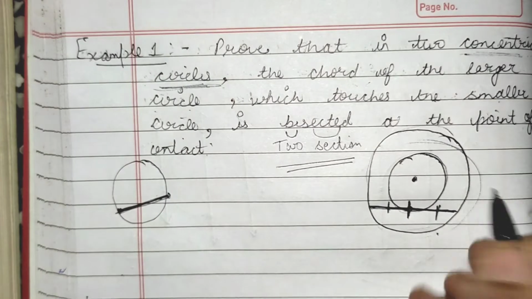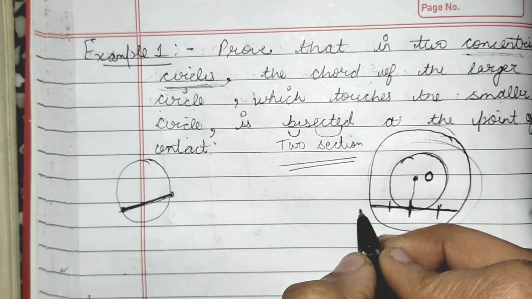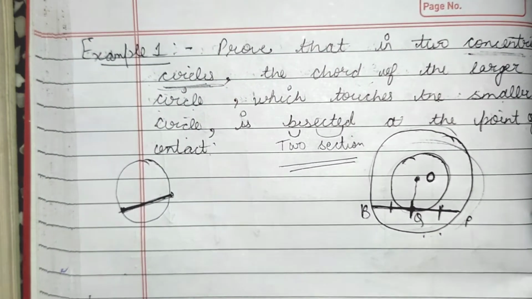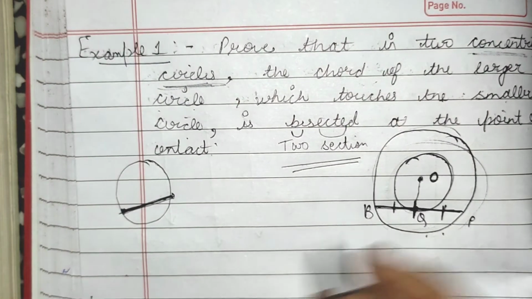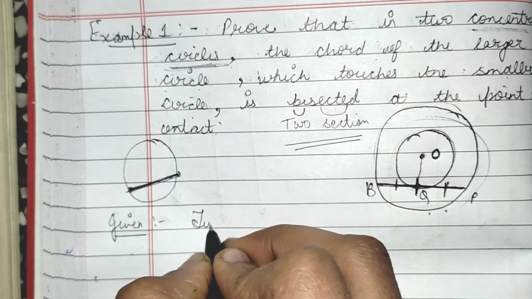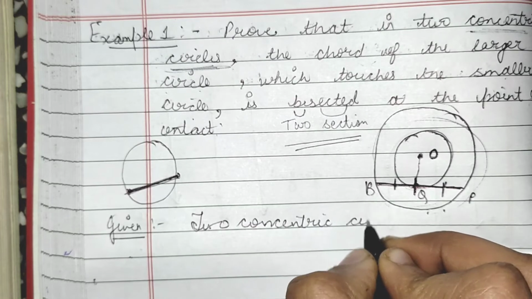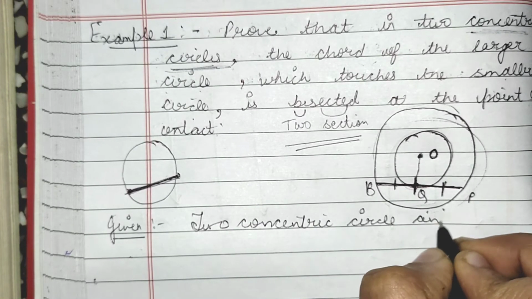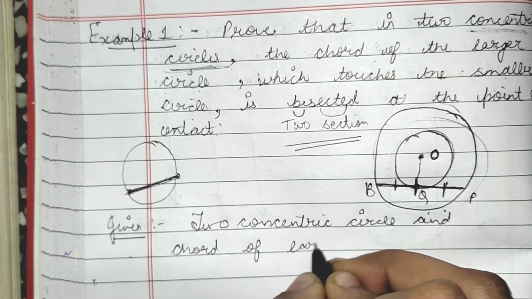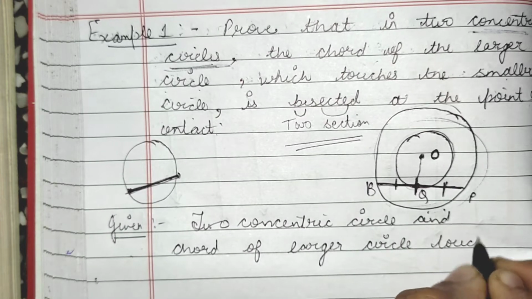Okay, so let us suppose the center of the circle is O, and suppose this is B, this is P, and this point is Q. Okay, so what is given to me? Given to me is two concentric circles. Two concentric circles are there, and chord of outer circle, chord of larger circle touches the smaller circle,